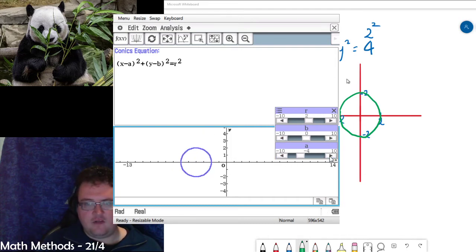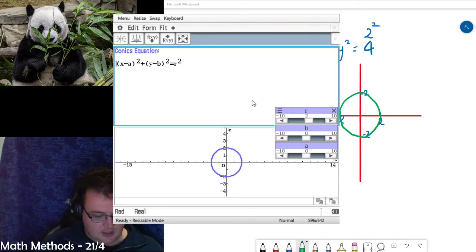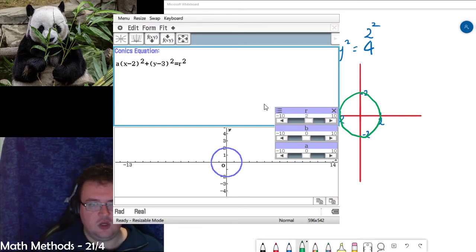All right. The other thing that we can do with circles is we can apply a dilation to them. So what I'm going to do is I'm going to set these up so I can create some new sliders. Because what we can then do